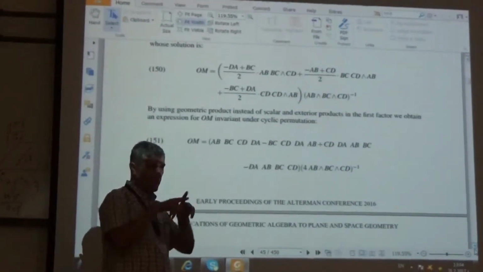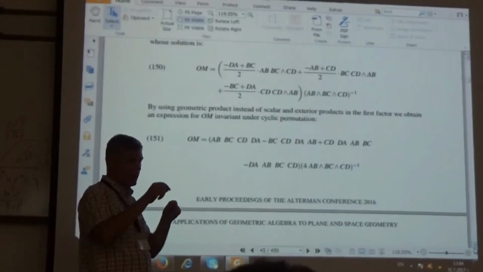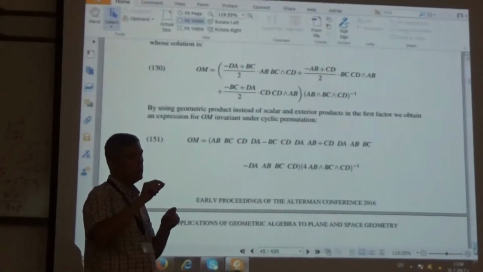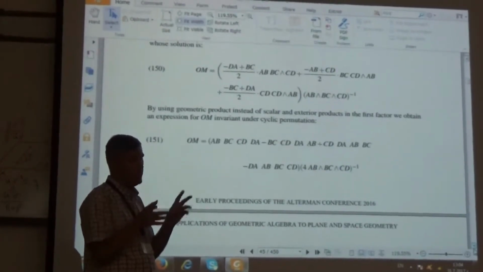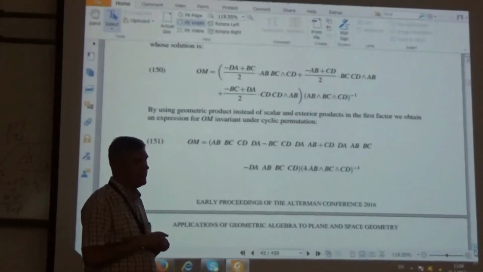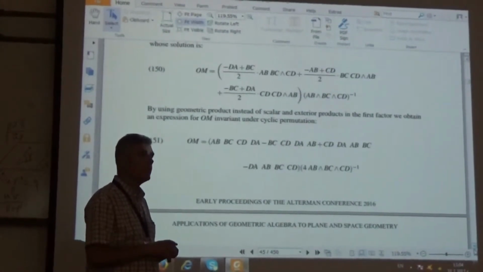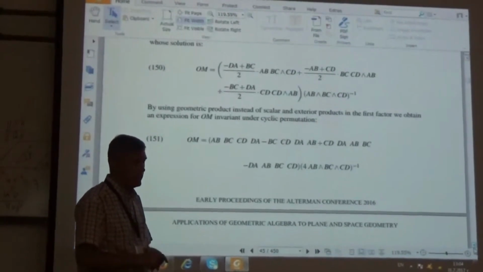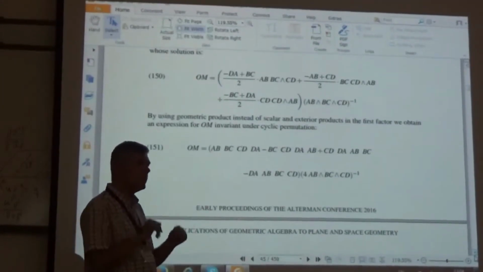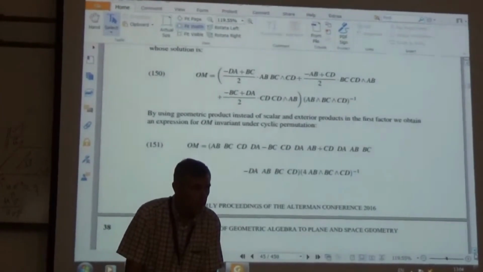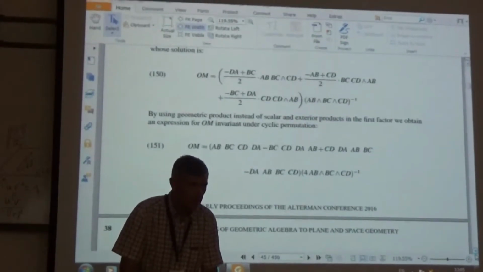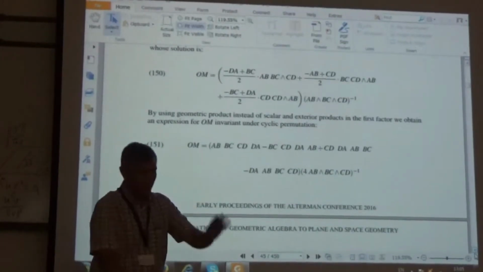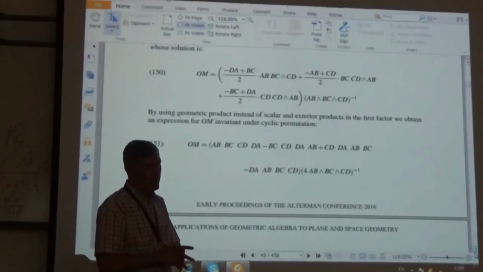Because we have defined the basis vector as a sub i square equal to plus 1. This means that we are in the Euclidean space. Metric is always increasing, never decreasing, in the definition of the vector. It's inside the vector, because it cannot be variable. If you change metric, Clifford product is changing, Clifford algebra is changing, everything is changing. But this idea of variable metric you never consider.